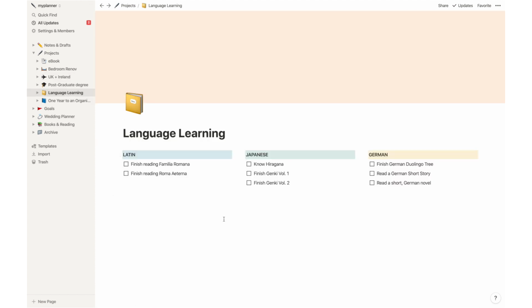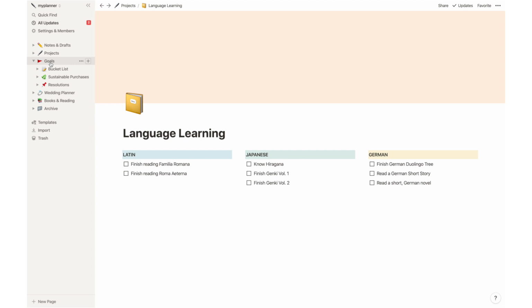My language learning page is quite simple and it basically divides the page by 3, and these are my goals for 2020 that I just remembered and jotted down. I have goals for Latin, for Japanese, and for German, and of course as soon as I finish these goals I will add more goals until the end of the year. But these are the basic things I want to do related to language learning, at least in the beginning of the year. Then I have a main goals page, and this main goals page has a bucket list, sustainable purchases,